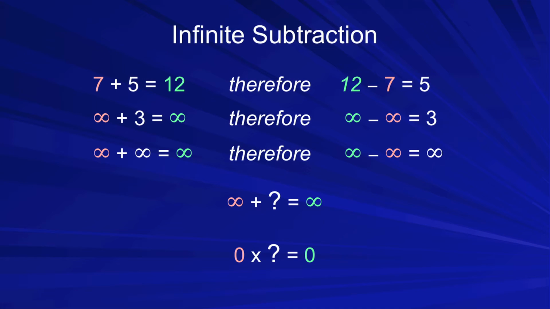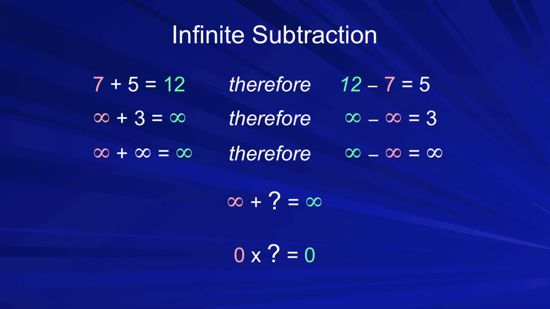So let's see those, they're up on the screen, together with a familiar arithmetical example to make clear what the pattern is. And the colours are intended to help there. There's nothing wrong with any of the additions here, but we can see that there's a problem, indeed an apparent contradiction, with the subtractions. Infinity minus infinity, apparently, cannot be given a consistent result. This is true, but absolutely nothing to worry about, because all it means is that a certain equation, infinity plus what equals infinity, has more than one solution.